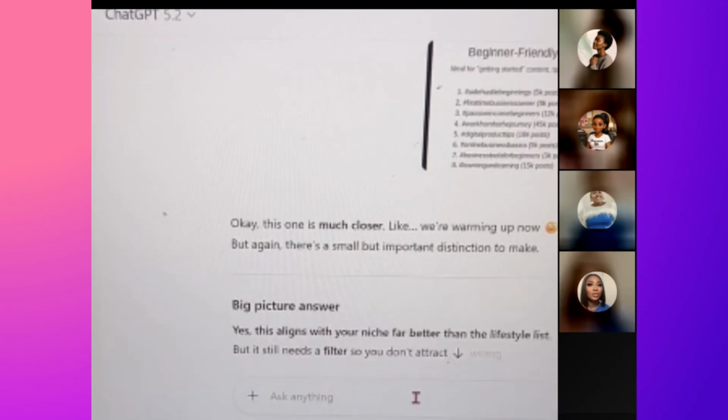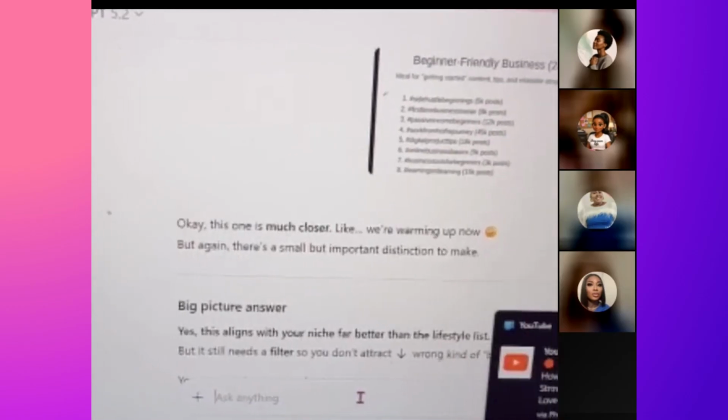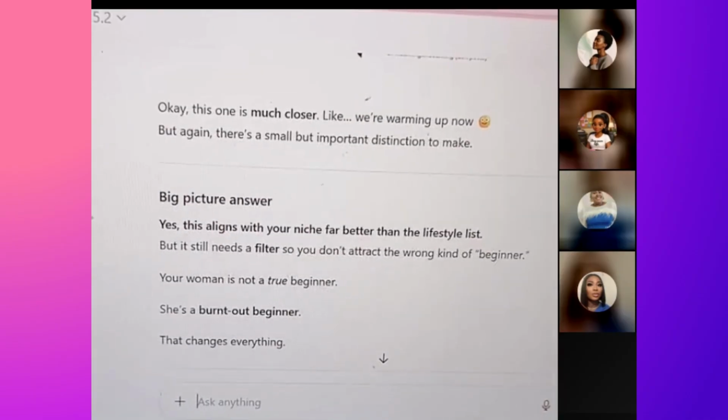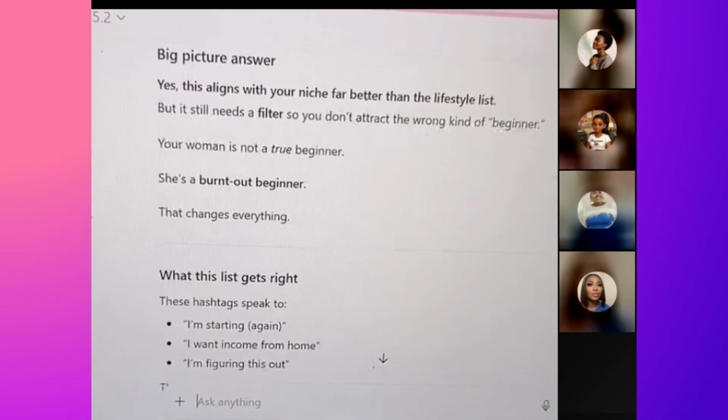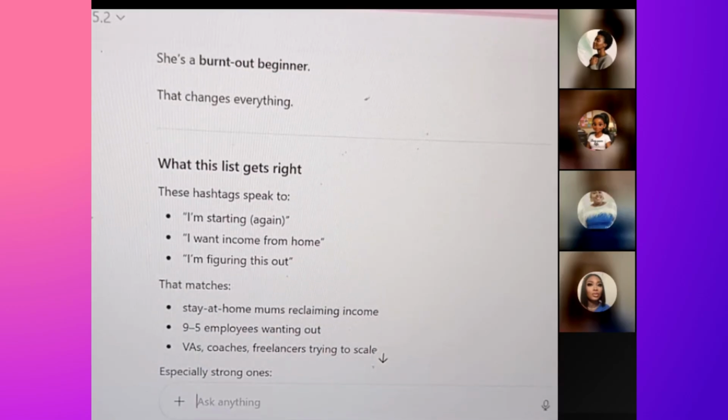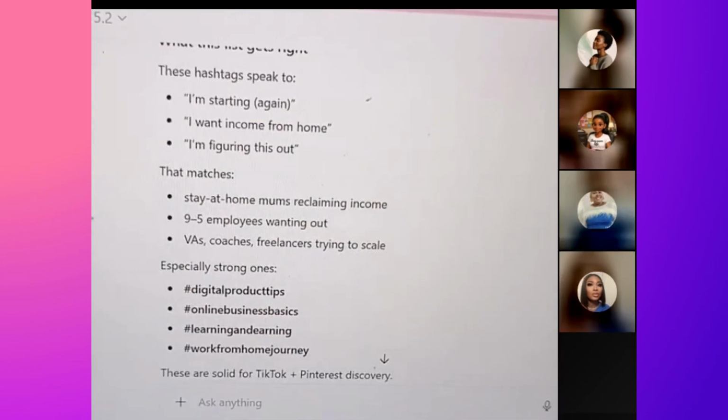Okay, this one is much closer, like we're warming up. Big picture, yes, this aligns with your niche far better than the lifestyle list. But it still needs a filter so you don't attract the wrong kind of beginner. Your woman is not a true beginner. She's a burnt-out beginner. That changes everything. What this list gets right: I'm starting again. That matches. Now that means it's telling me